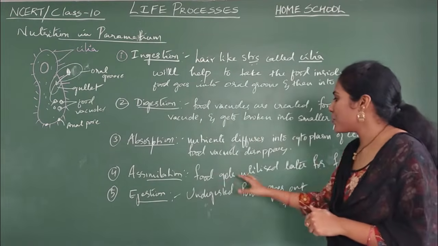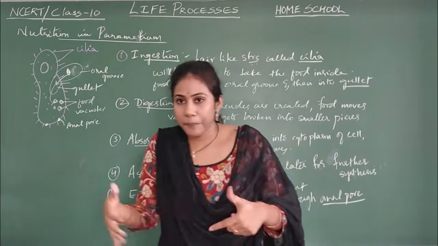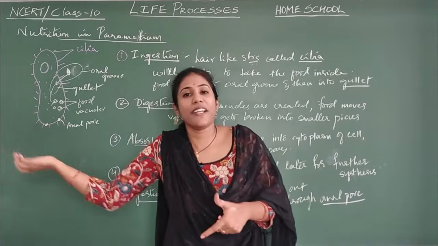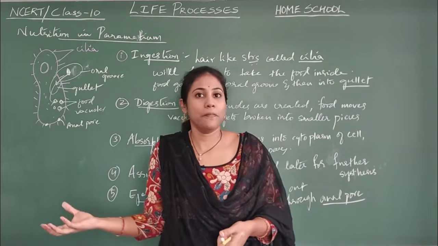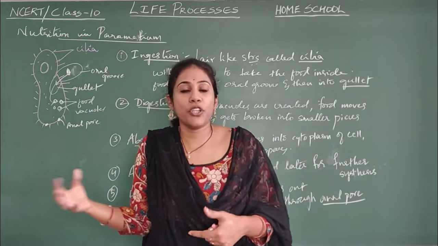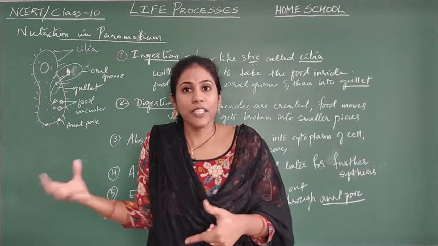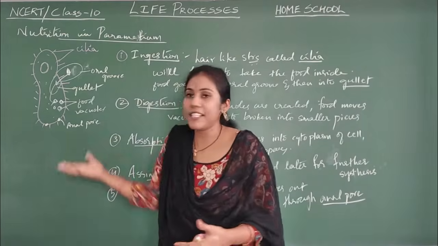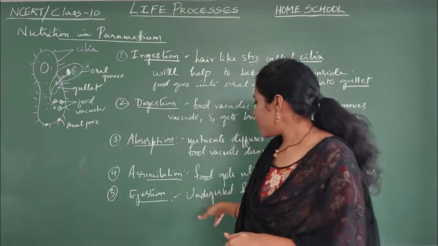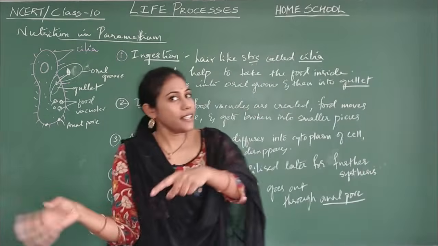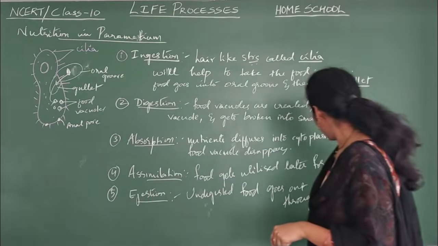And after that, assimilation. The food particles which are there in the cytoplasm will get ready. They'll be waiting for further synthesis to happen. That means further things to happen in a cell, whether to produce energy or to prepare other types of proteins or whatever it is. The food is ready for the cell's use. Got to know? That is called assimilation. And egestion is whatever waste material is there that has to come out. And how does it come out? It will come out through the anal pore.